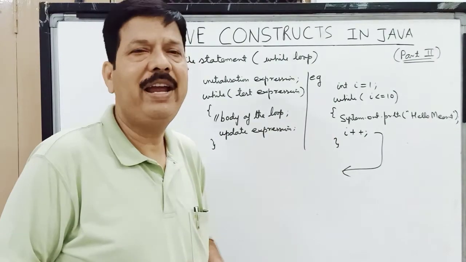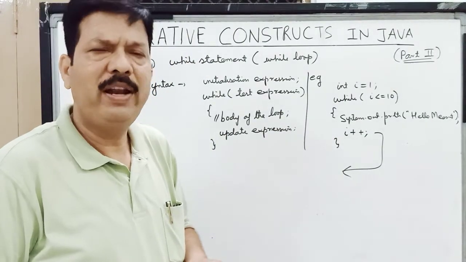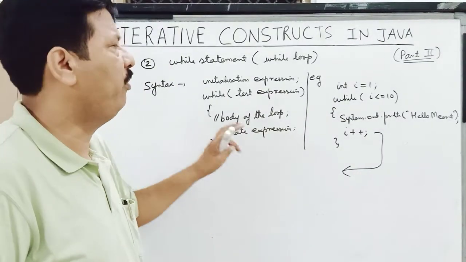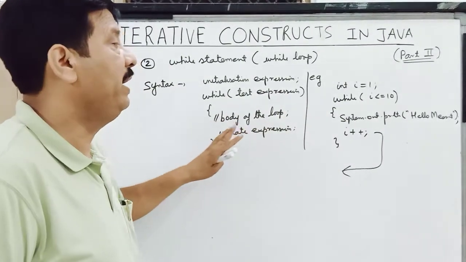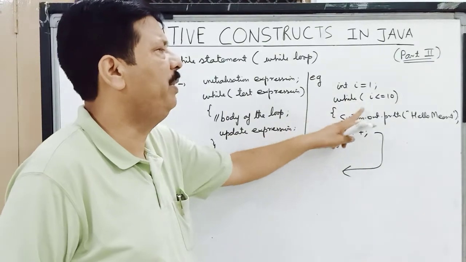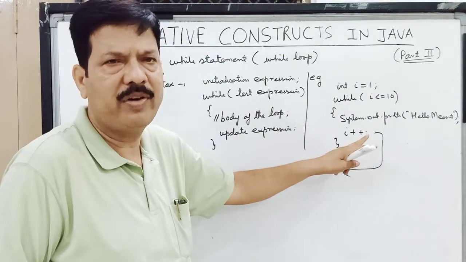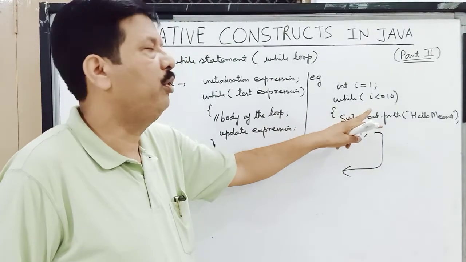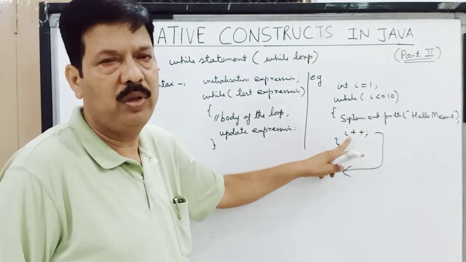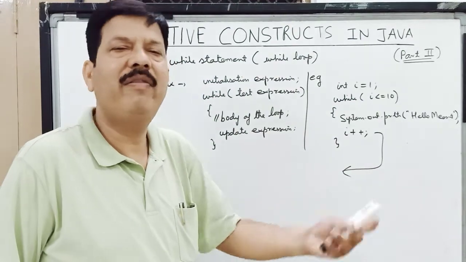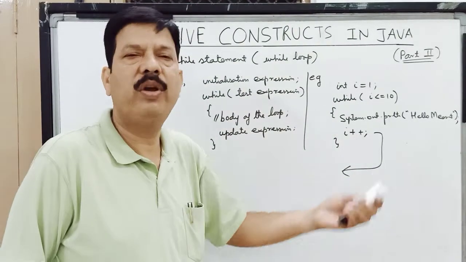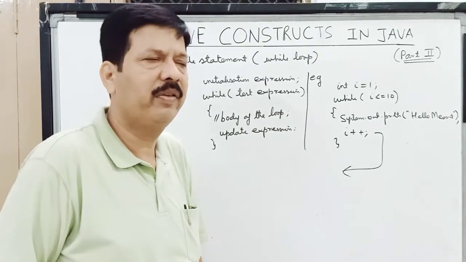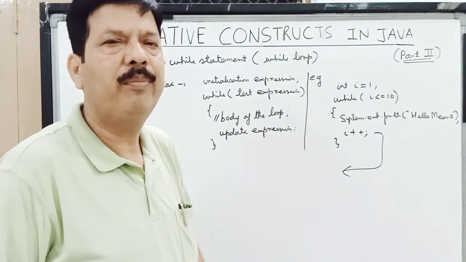I hope children while loop is clear to you all. While loop is a simple loop, but here we have an extension that it is forming a conditional loop, and here I have already made it a fixed loop. It is getting executed 10 number of times. But we can take the inputs of this I within the loop through the user, and according to the value of the control variable, the loop is going to get executed or not. That we are going to see in some examples when we are going to do some programs.